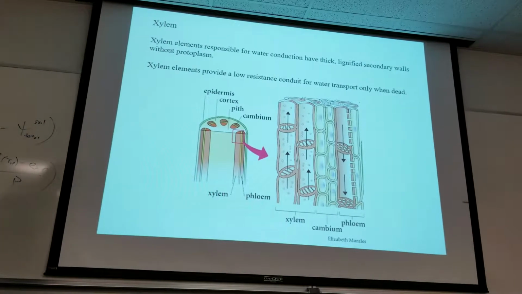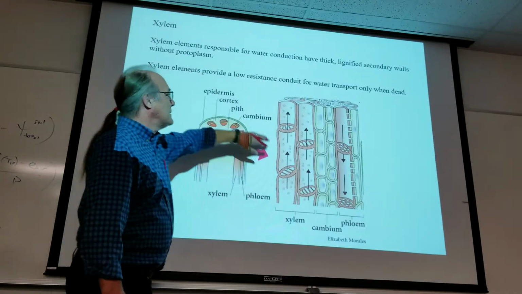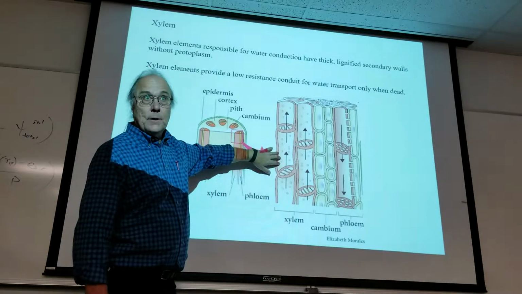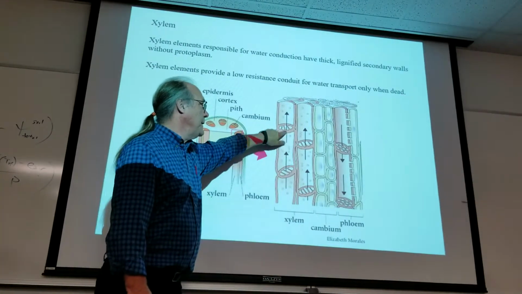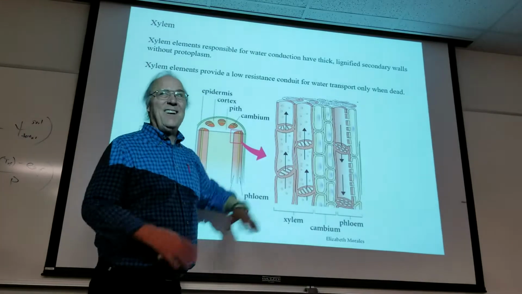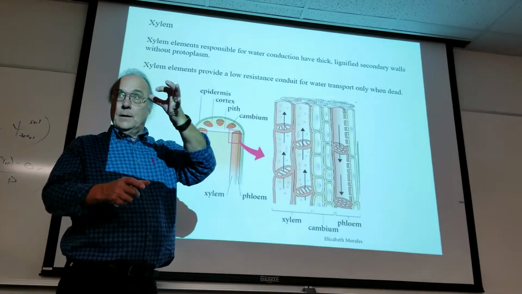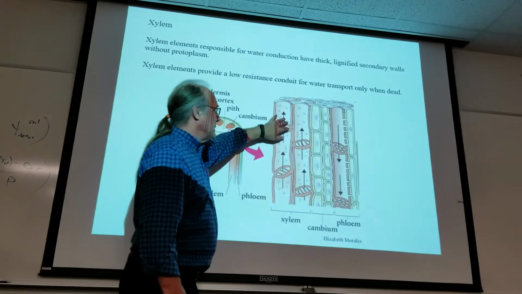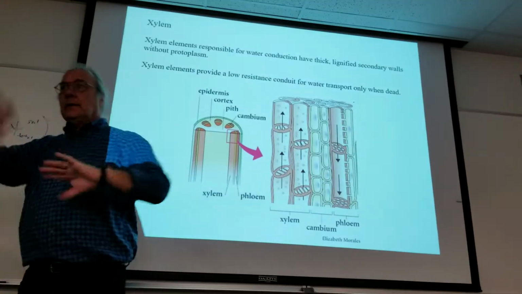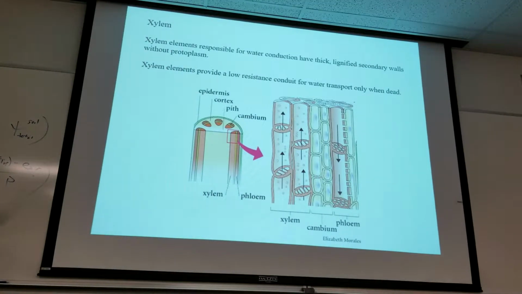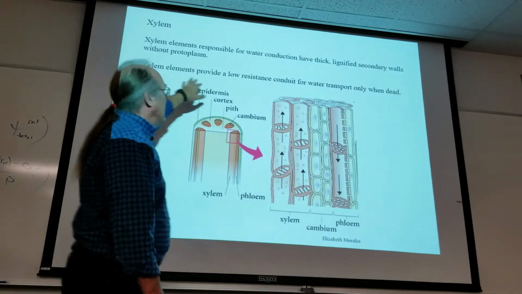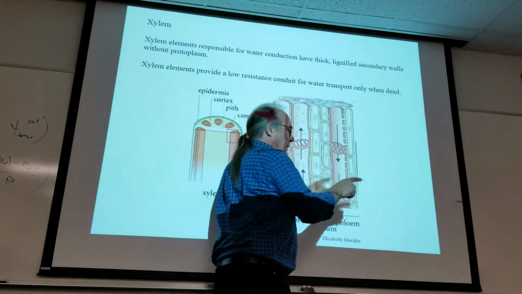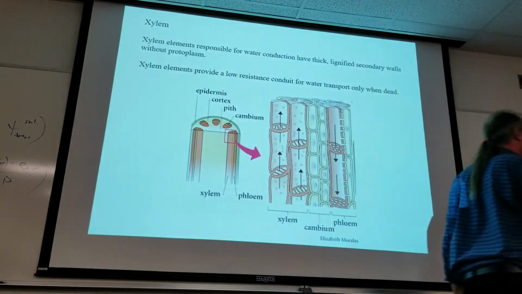Responsible for water conduction. Okay. So, yeah, the cells that conduct the water have thick, lignified secondary cell walls, but no plasma membrane, no cell contents, nothing. They're just a cell wall. So, when the xylem transport cells are functional, they're dead, and everything goes away except the cell wall. They provide a low resistance conduit for water transport when they're dead. Xylem and phloem are always found close to each other in all